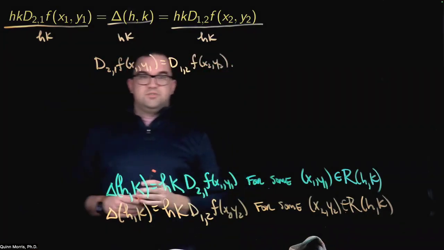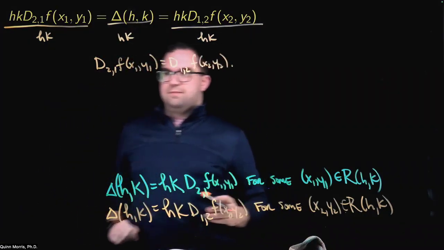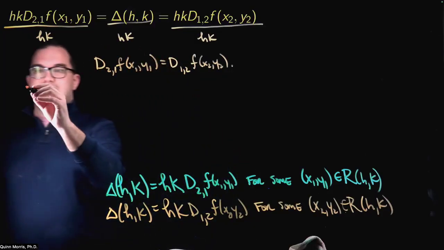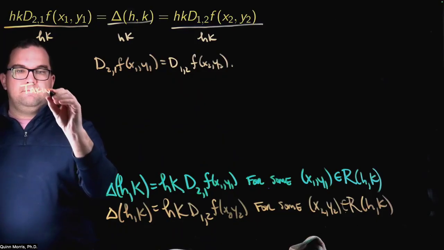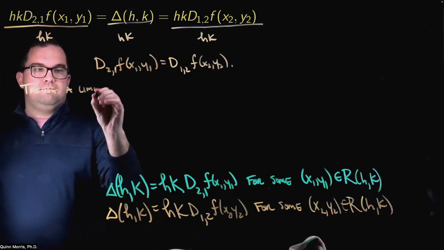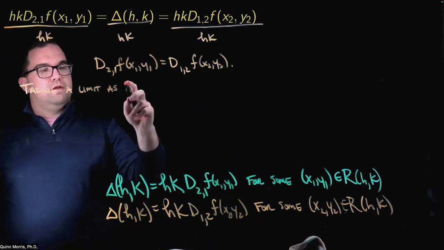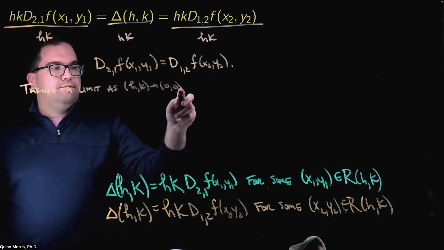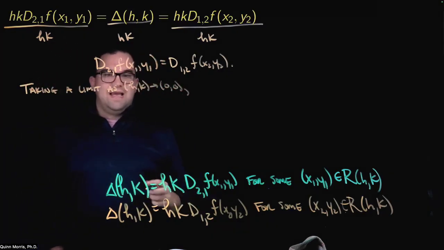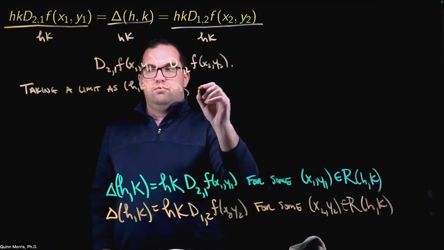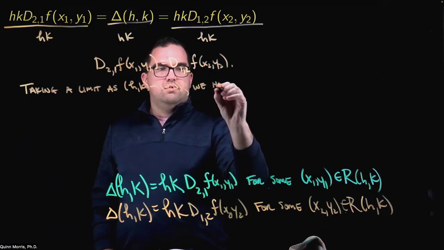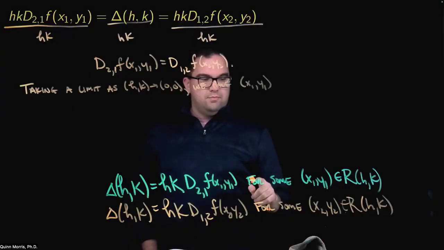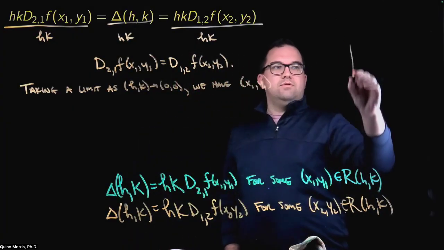Okay. Now to finish the proof, again, I really want these at the same point. Now all I need to do is take a limit. So if I take a limit as h and k go to 0, what's going to happen to x1, y1? Well, remember, as h and k go to 0,